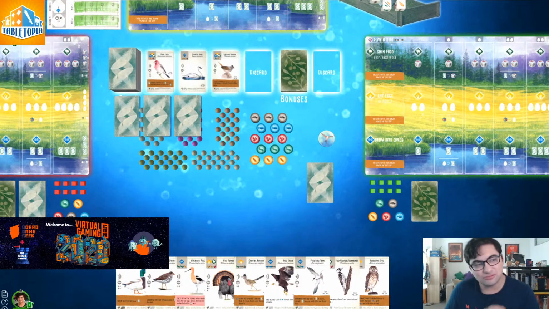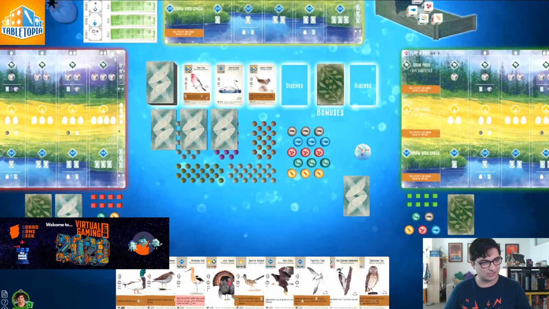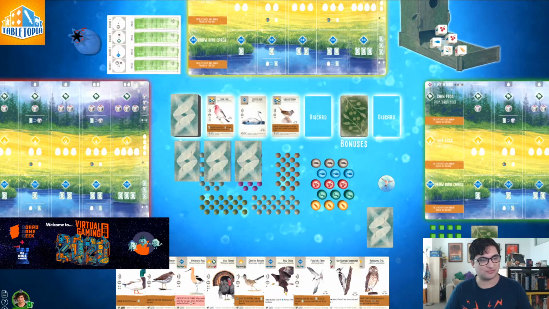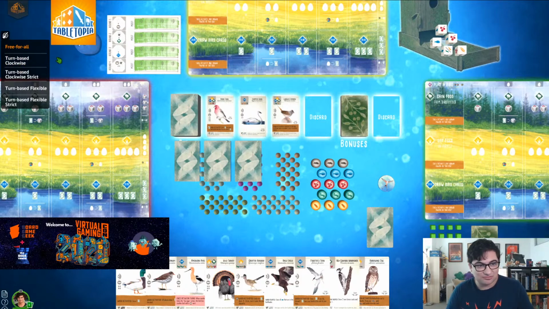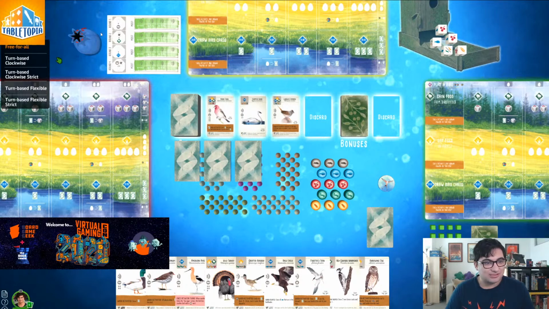And actually, one thing I do need to point out, you'll see this little icon in the top left here. I'll just make sure the stream's not cutting it off. Yeah, the stream is cutting it off. Give me one second. Move, logo. I'll just shrink you down a little bit. Now, you'll see this little button here,